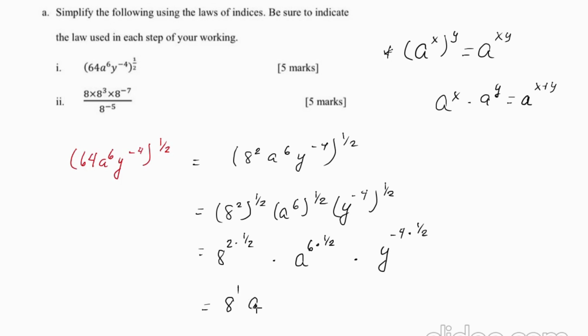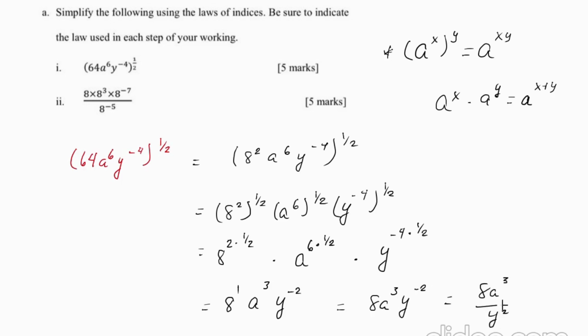This becomes a to the third power, and then this one becomes y to the minus 2 power. Okay? So this is 8a to the third power, y to the minus 2,